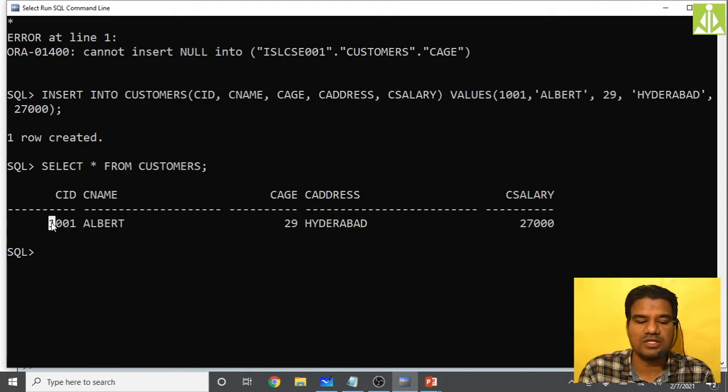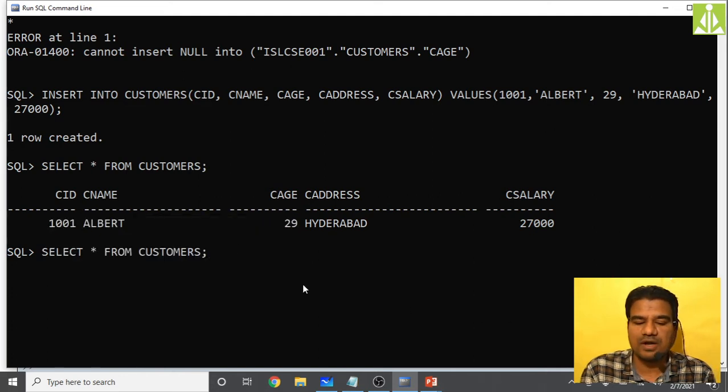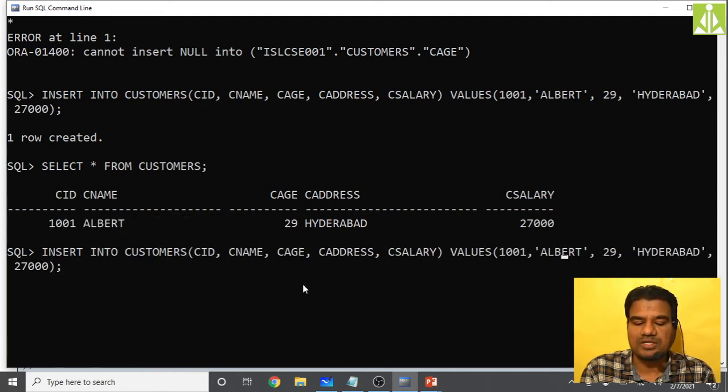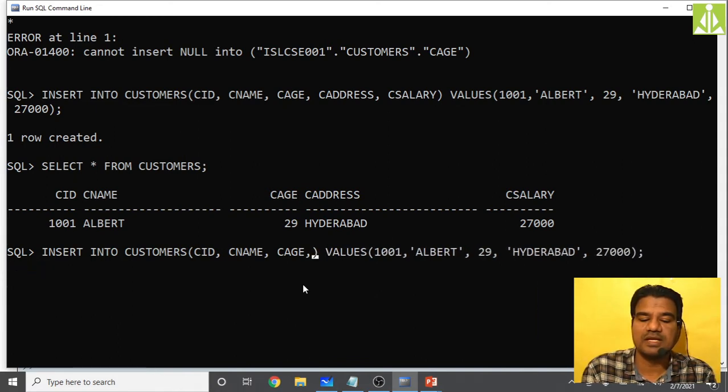Basically, it is not accepting null values for the first three columns: CID, CNAME, CAGE. One more entry we will do, removing the address and salary details, to check whether it will accept them as null values.